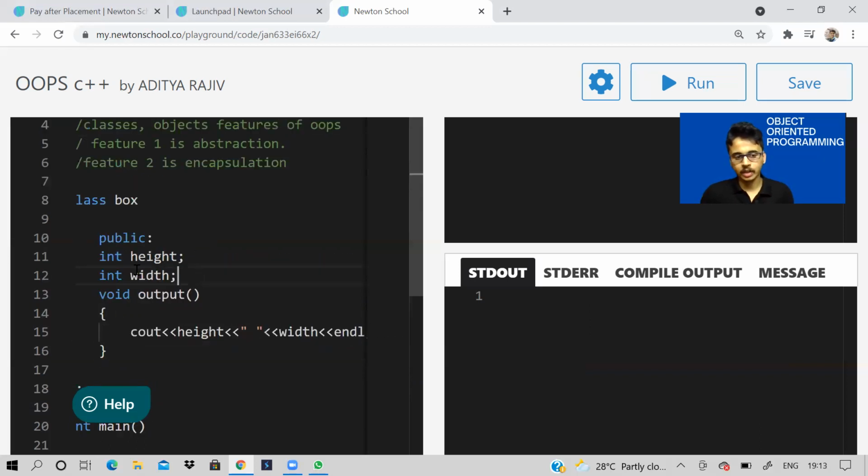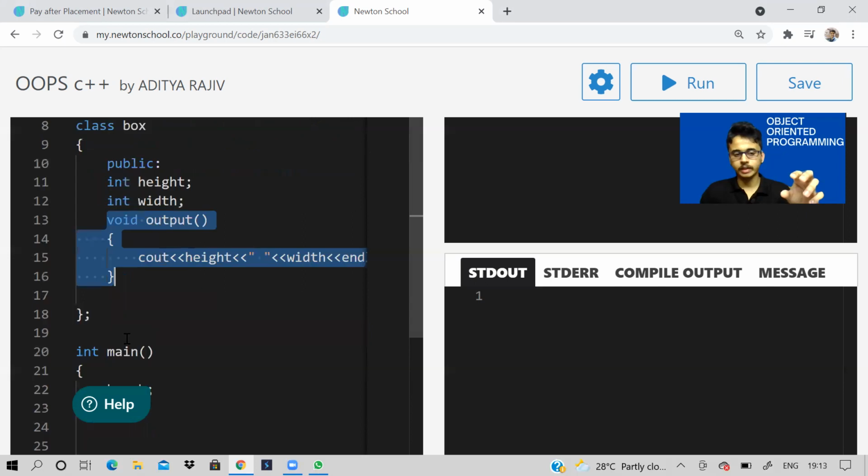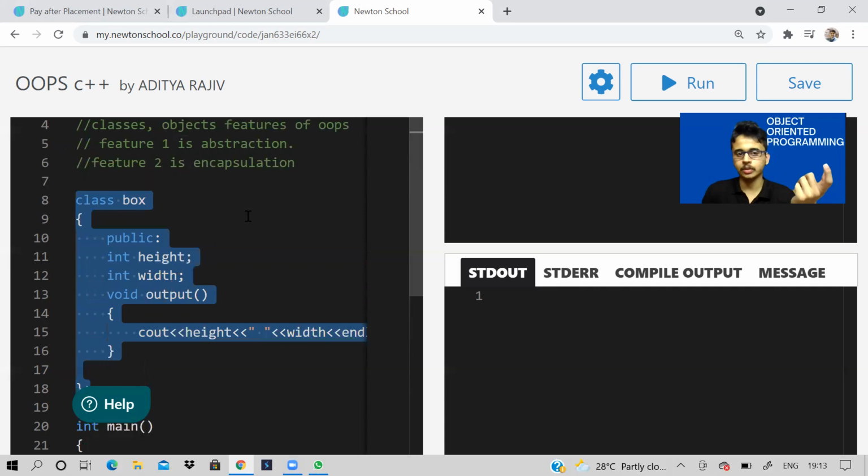So we have data here and we have a function here which is operating on that data, and both of them are bound to each other in one particular class. So this itself is encapsulation. So this is a feature.